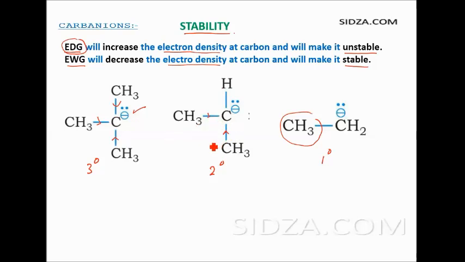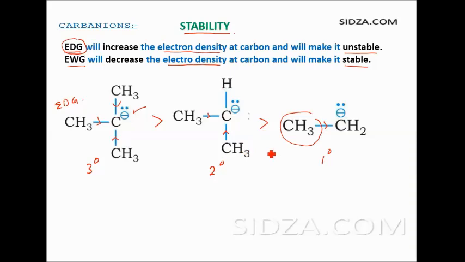So the electron density in comparison to the tertiary one will be less. So alkyl groups, which are electron releasing, or you can say electron donating groups, because they have the plus I effect, the positive inductive effect, they donate electrons, they will make this carbanion unstable, right? In the primary there is only one alkyl group,